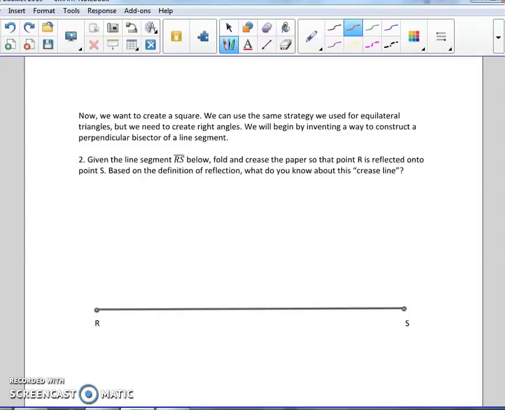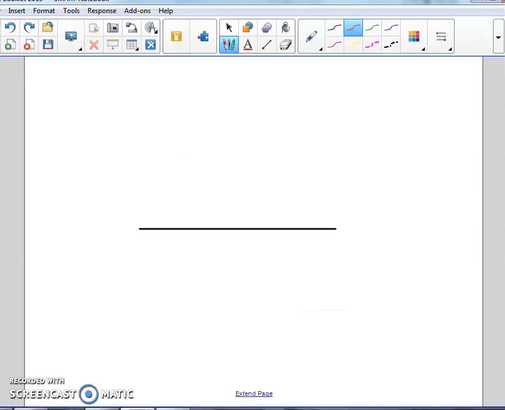So what we discussed, when we draw that perpendicular bisector, it means that it's going to split our line segment RS into 2 equal parts. So without folding this paper in front of me, I just drew a smaller line segment, and I am going to demonstrate how in class we constructed the perpendicular bisector without paper folding